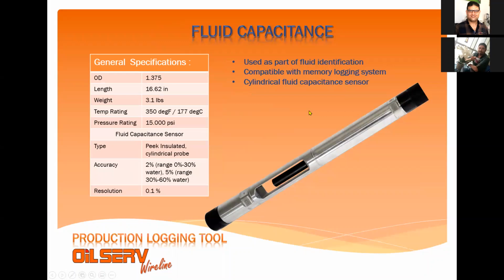Fluid capacitance, as I mentioned before, is sometimes called the water hold up tool. It's scaled like 0 to 1. It reads like, for water, how many counts per second, and for hydrocarbon, how many counts per second. Maybe a small difference between gas and oil. The limitation of this tool is that when the hold up increases to 40%, this tool will not read sufficiently. It actually cannot be used.